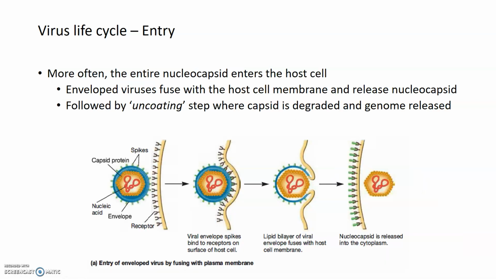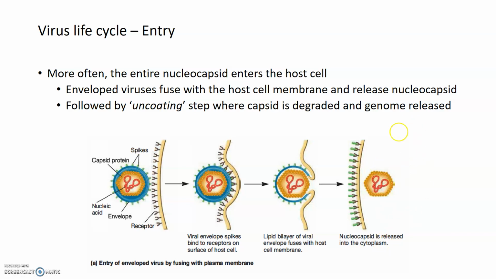But more often, it's not just the genome that enters the cytoplasm, it's actually the entire capsid and the genome as well. And so this is sort of a little bit easier to fathom for enveloped viruses. So an enveloped virus has a lipid membrane on the outside in blue, and that lipid membrane can fuse with the plasma membrane of the host cell, and those two lipids, once they come in close enough contact, can easily just fuse or meld together, and they ultimately will release that entire enclosed capsid and the viral genome